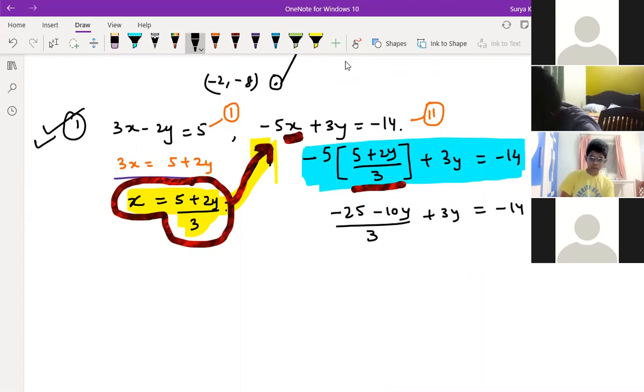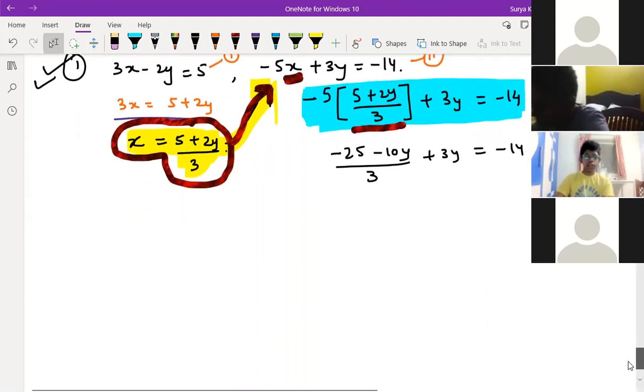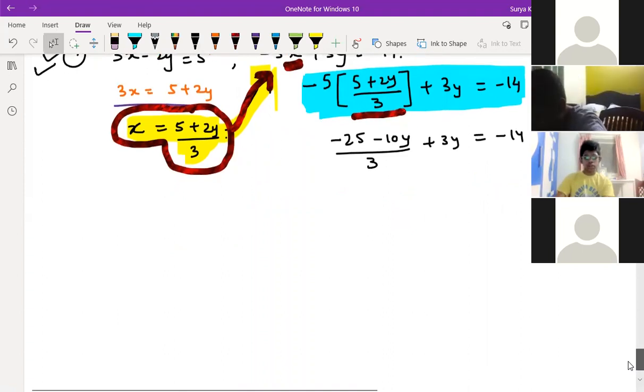Till here it's clear. Children, don't solve it by yourself. You will surely make mistakes. All of you see on the whiteboard. First you try to understand whether what you are thinking is matching with this answer or not. So this part is clear, Satvik, what we have done here? Yes, sir, I understood. I'm getting the same thing. Yeah, simply we multiply this minus 5 inside only.